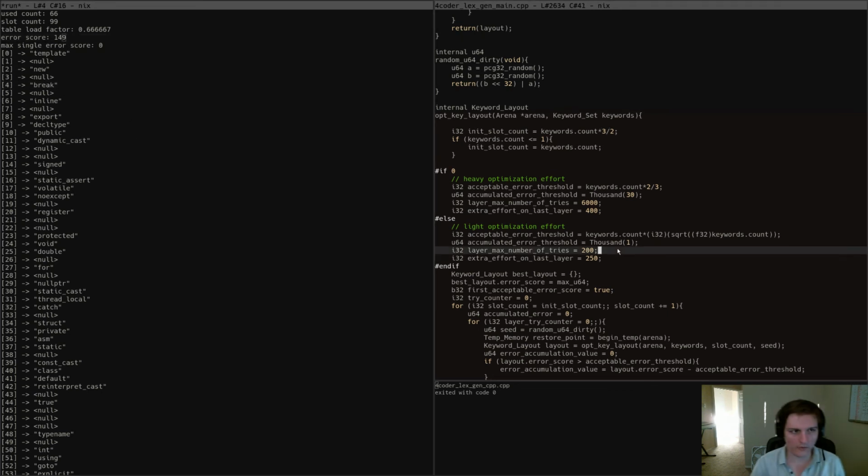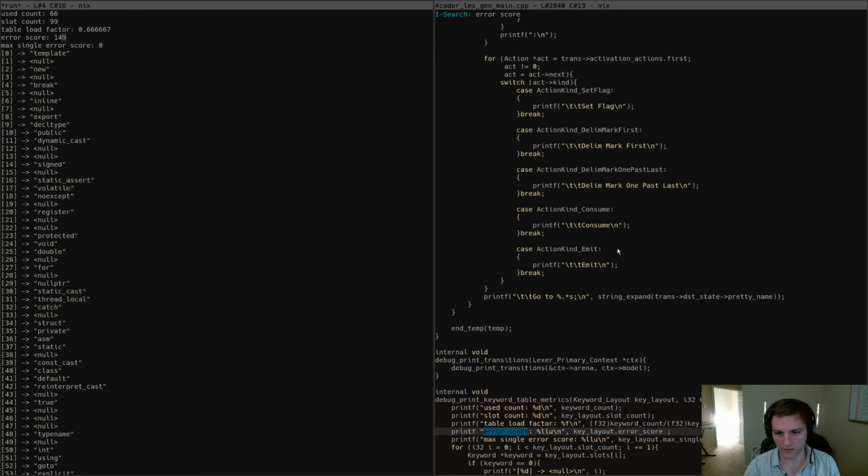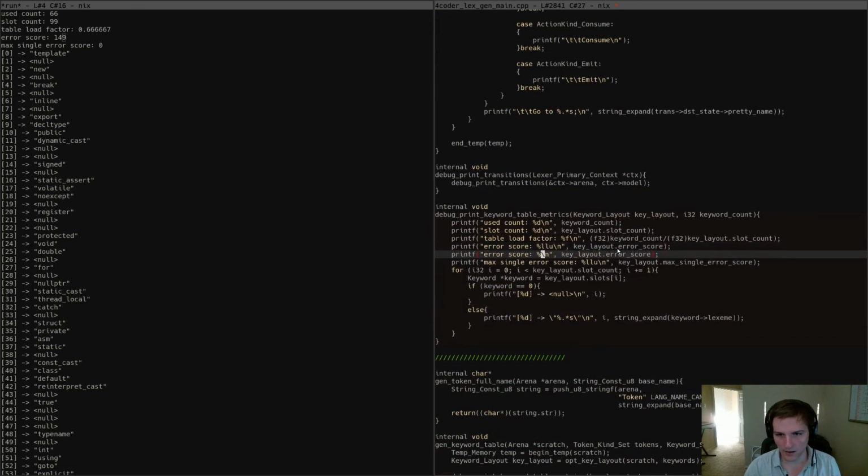So what I probably want to do is, we're going to have to spend another episode on this concept, but just to wrap things up for this episode, let's take a look at error like, I don't know what you want to call it, error per lookup or something like that. And the error per lookup is the total error score divided by the slot count,